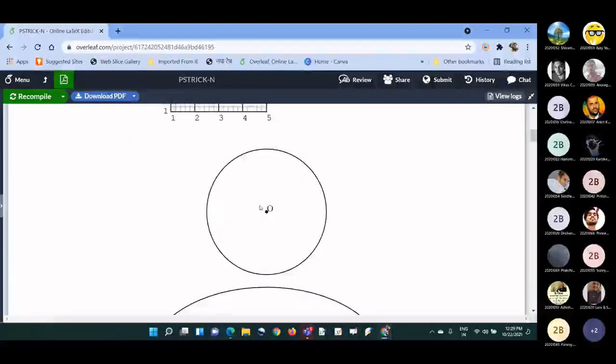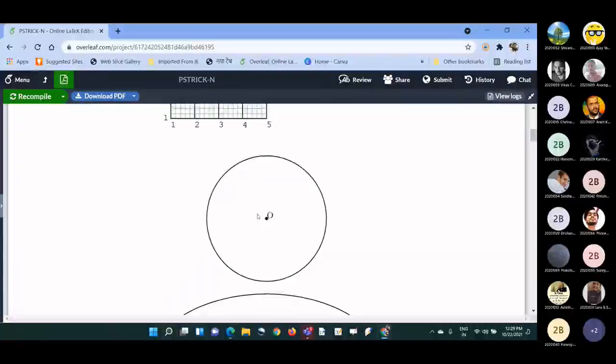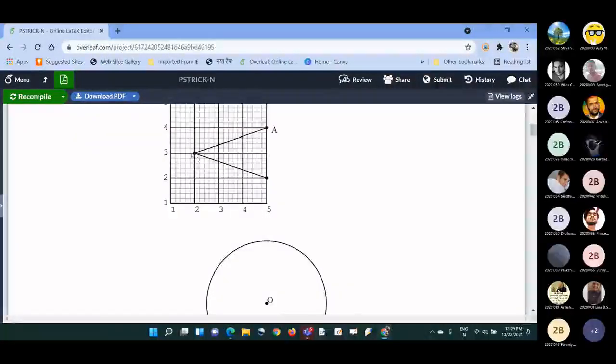If you want above and left, it will come towards the left and above this dot. If you want above and right, then U and R. If you want to write this O below and right, we can write B and R. And if you want below and left, we can write B and L. Take this as an example: suppose this is the center.